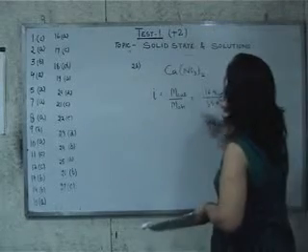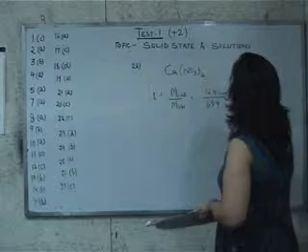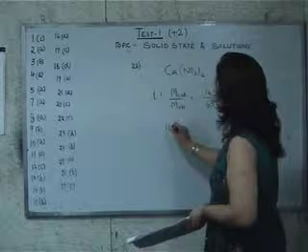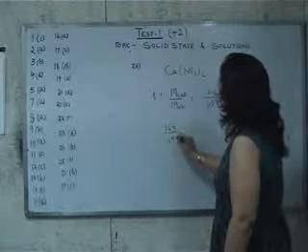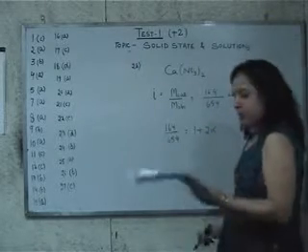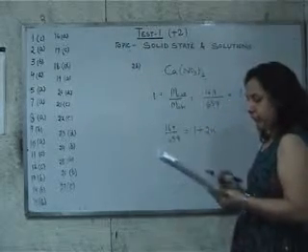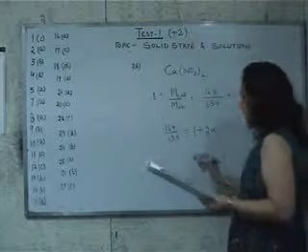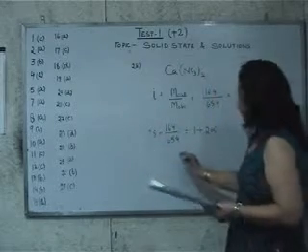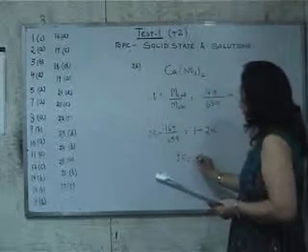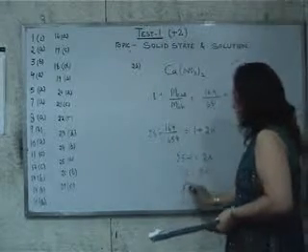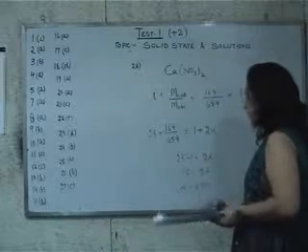Degree of dissociation is our question. This is always equal to 1 minus alpha plus 3 alpha. It means 164 divided by 65.4 is equal to 1 plus 2 alpha. From this you want to calculate the value of alpha, and this ratio is 2.5. If this is 2.5, then 2.5 minus 1 is 2 alpha. 1.5 is equal to 2 alpha. Alpha comes out to be 0.75.